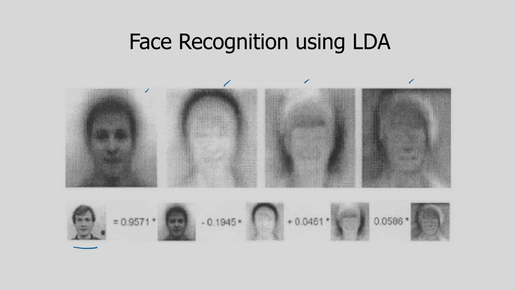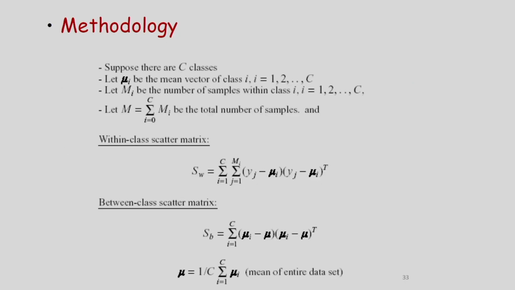Similarly, in case of the LDA, any face can be represented by a linear combination of Fisher faces. In case of the PCA, we consider the eigenfaces, but in this LDA, we are considering Fisher faces. So that means any face can be represented by a linear combination of Fisher faces. That concept I am going to explain now. So, how to recognize a particular face?